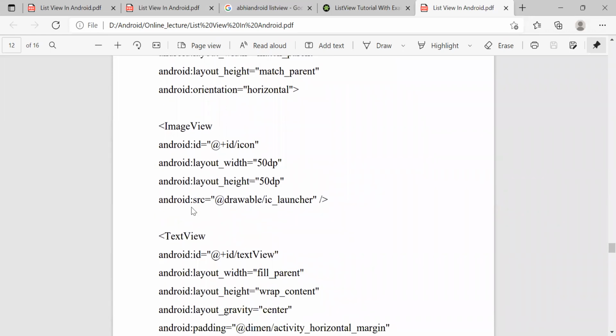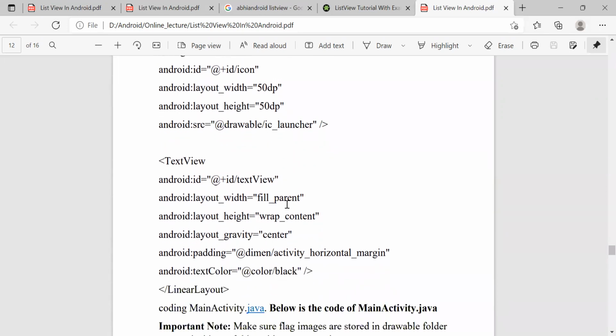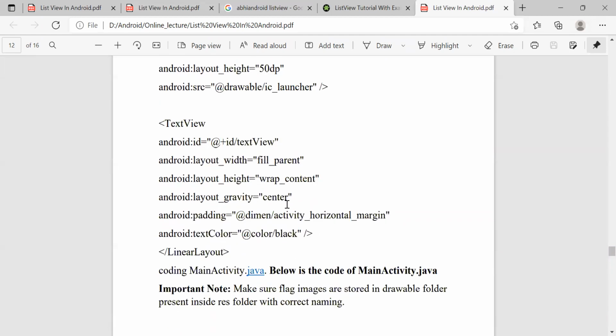So we use image view, set its ID, width and height, and SRC is the drawable ic_launcher. Then we use the text view. For that we set the attributes: its ID, width, height, text view ID slash text view, fill parent and wrap content respectively.